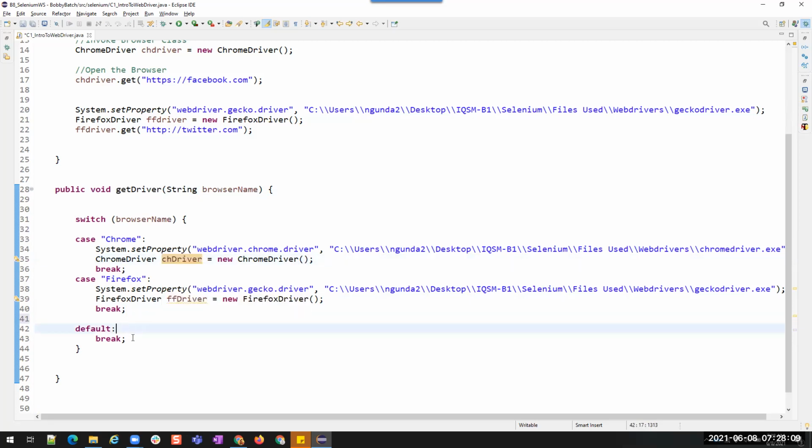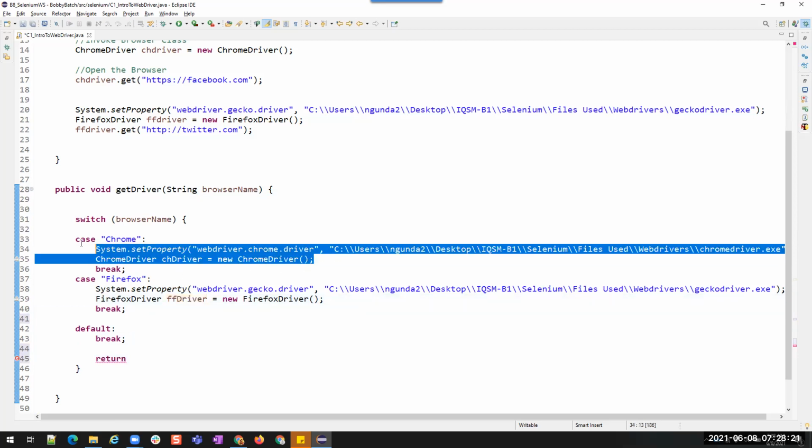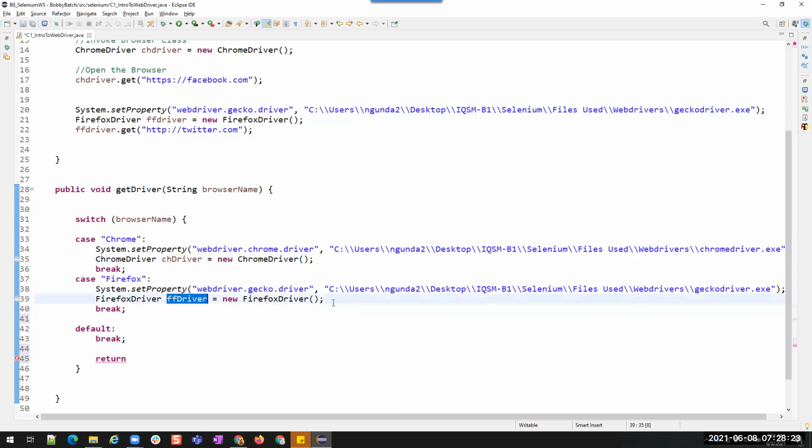But now, if I want to return the driver after the switch case, which one should I return? CH driver or FF driver? If I return CH driver, only Chrome will be returned. If I return FF driver, only Firefox will be returned. So will it be possible for me to return whatever the type of browser, or to return multiple things?